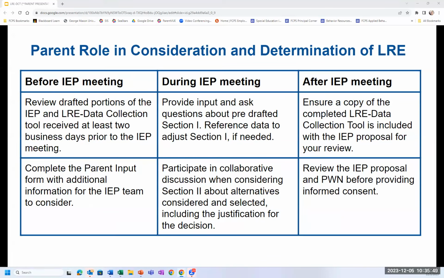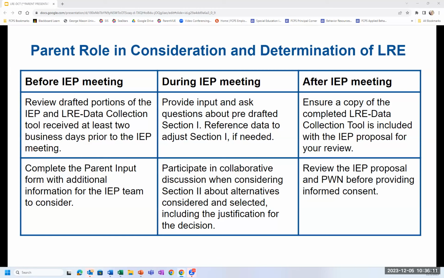So in this chart, what we've done is provided some guidance for parents and guardians and students over the age of 18 about the role in considering and determining LRE through the IEP process. So we've given some guidance to consider before an IEP meeting, during an IEP meeting, and after the IEP meeting.